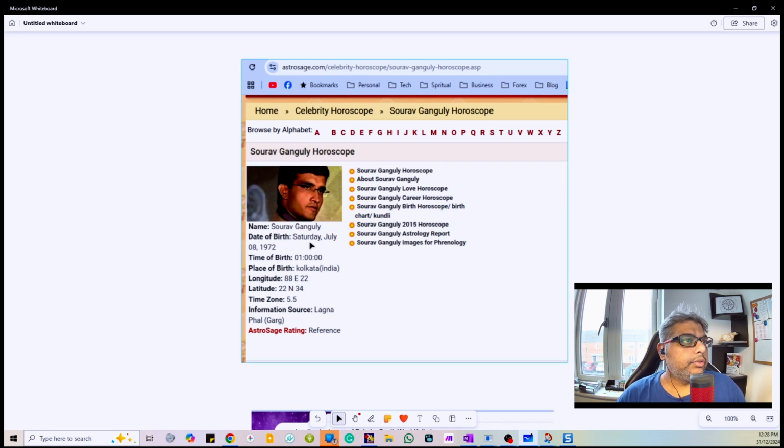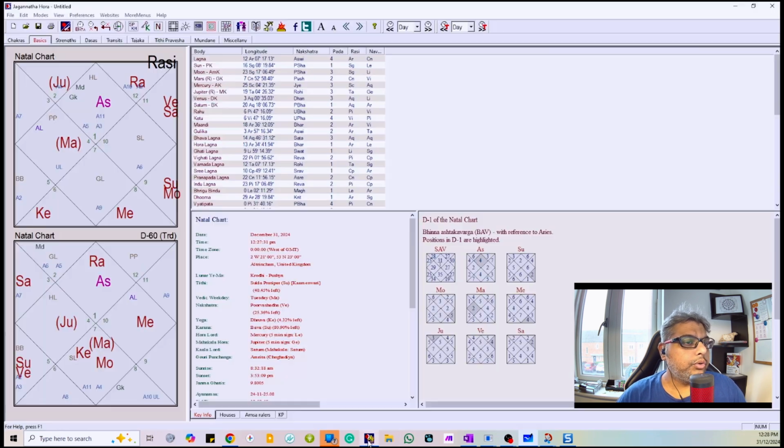his birth date on Saturday, July 8th, 1972. Birth time and birthplace are also given here. We can also see the longitude and latitude. So if we go to Jagannatha Hora and try to set it up accordingly,